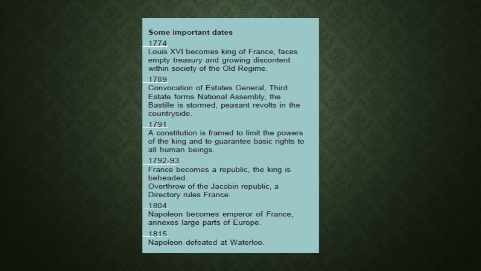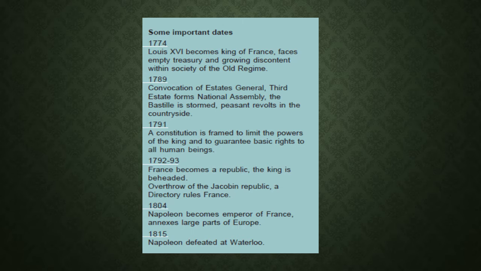Also, 1774 saw a period where the people of France were dissatisfied and started to protest the despotic rule through revolts, revolutions, and in the countryside during the old regime. You already know what the old regime is. The old regime is a system of government and society that prevailed in France before 1789.